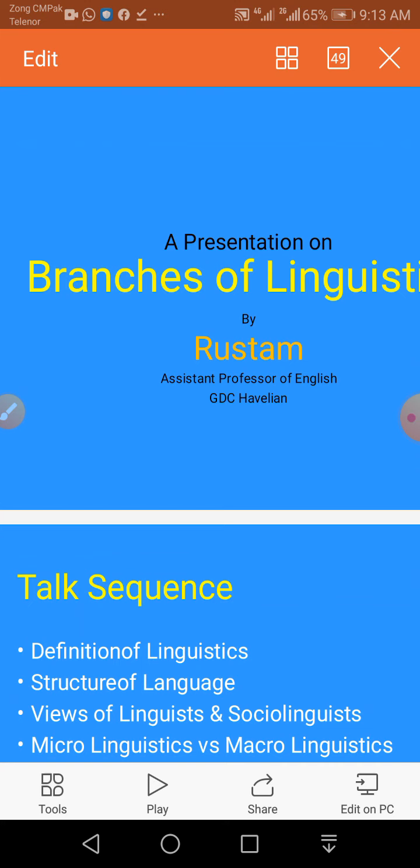So, dear BS students, you can scroll up like this after designing a PowerPoint, and you must keep talking on different slides for one or two minutes, and your presentation will be recorded. Later on, you have to upload this recording to Google Classroom, and I have already explained the procedure. Please don't WhatsApp this presentation to me. You can't even send any document more than 60 MB on WhatsApp.